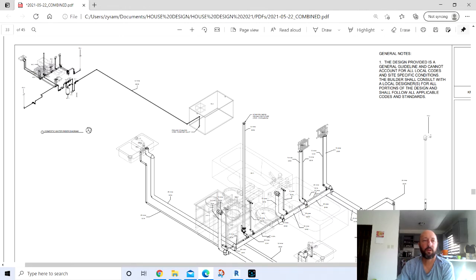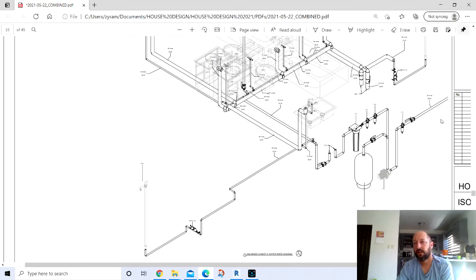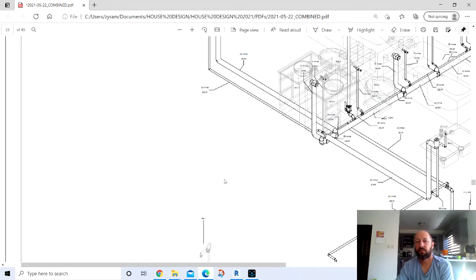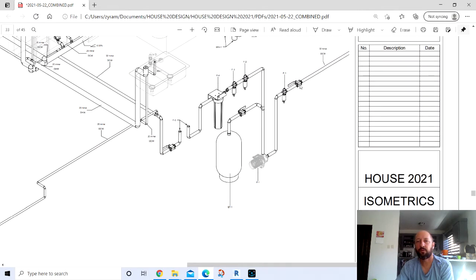Then we went ahead and put together a few isometrics. This is of your domestic water system. So this is where the water comes in from your site, from your cistern. You want to have a shut-off valve there. The first 3 filters are spin-down filters, and they